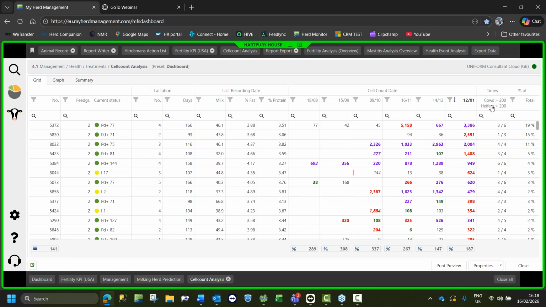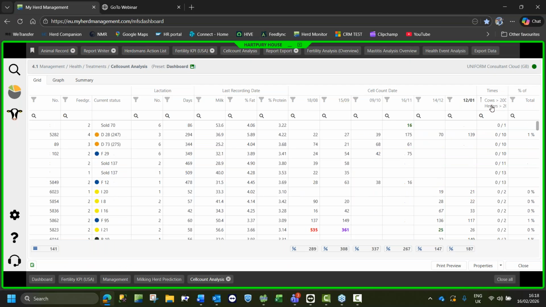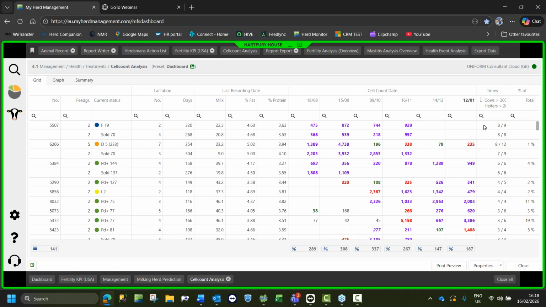So if we click on there, colors are important. Red vertical line was a physical case of mastitis. Purple denotes that the cow was chronic, so she was high before that. And red is a new infection, and green is cured. So we can look at it like that. But if we want more of an overview, if we go to the graph,